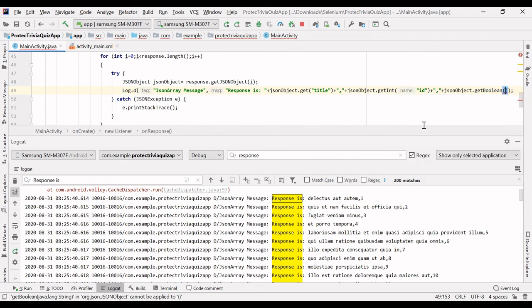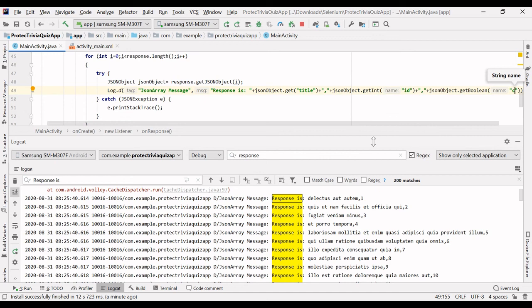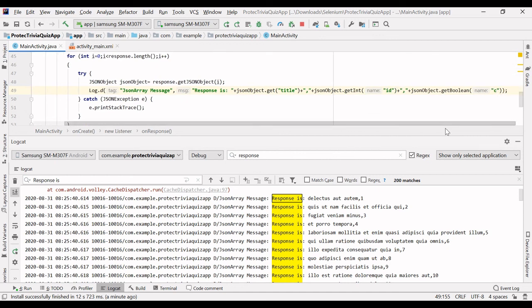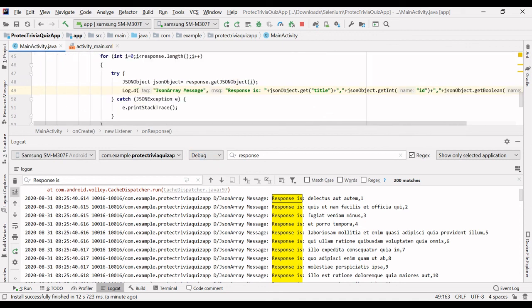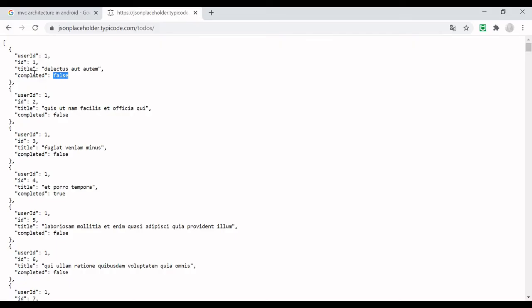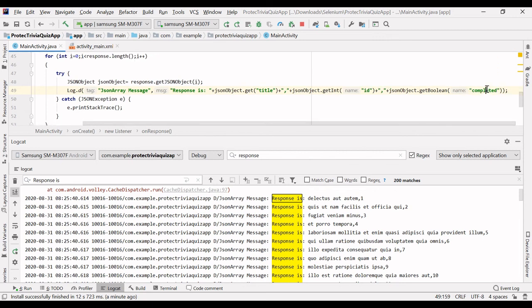You can use this get boolean, and then you just have to mention completed. The key should be exactly the same, right? So you can run this and you can get the result for completed.